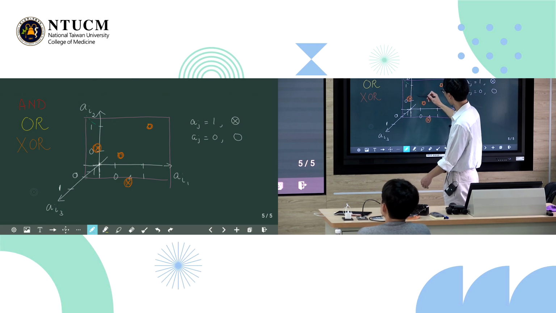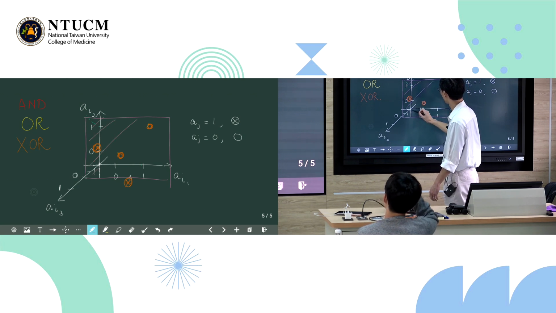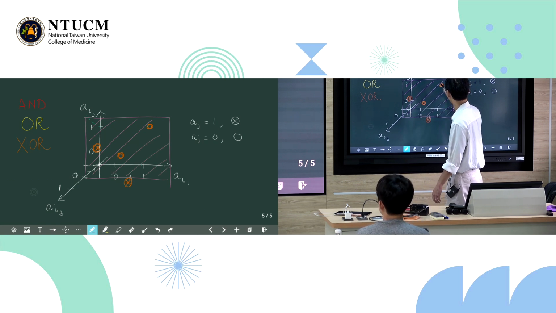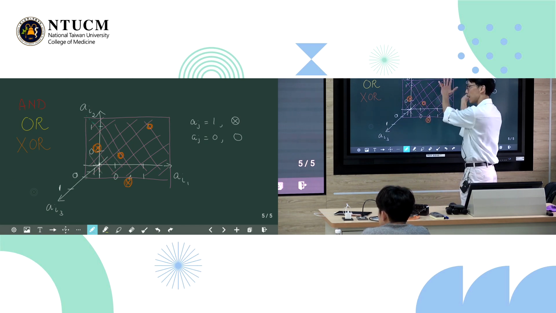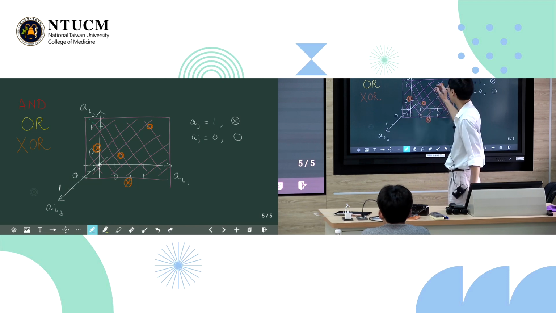The whole circles without the x's are on that side of this pink plane.